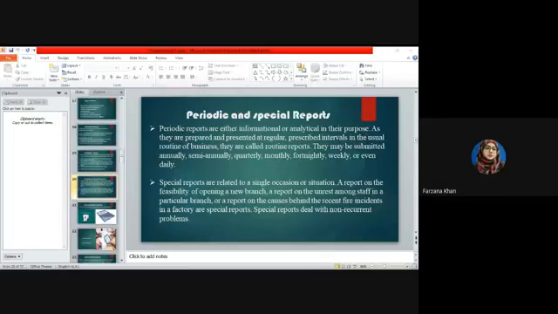And basically, periodic reports are either informational or analytical in their purpose, as they are prepared and presented at regular prescribed intervals in the usual routine of business. They are called routine reports. So periodic report can also be called routine report. They may be submitted annually,